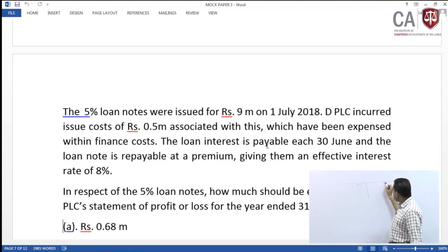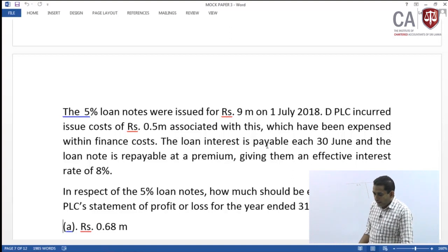Remember, you cannot deduct the issue cost from the fair value and show 8.5 as the net amount. Why? If you deduct the transaction cost from the initial fair value, that is a complete breach of SLFRS 13. Fair value has to be measured without including the transaction cost. Why? Transaction cost is not a feature of the financial liability, it is coming from another transaction. So you need to bring fair value first and then deduct the transaction cost separately. Then